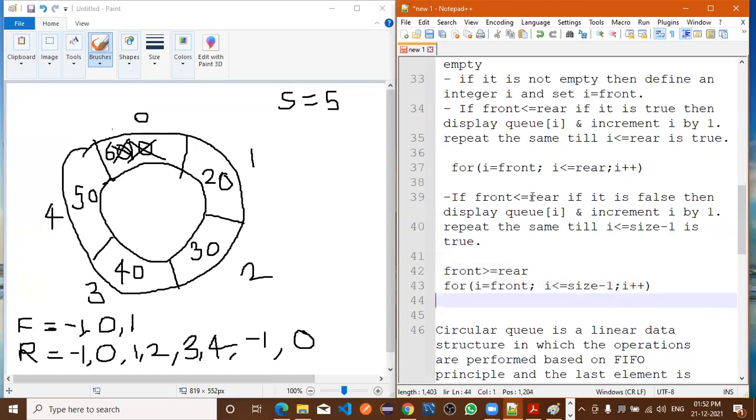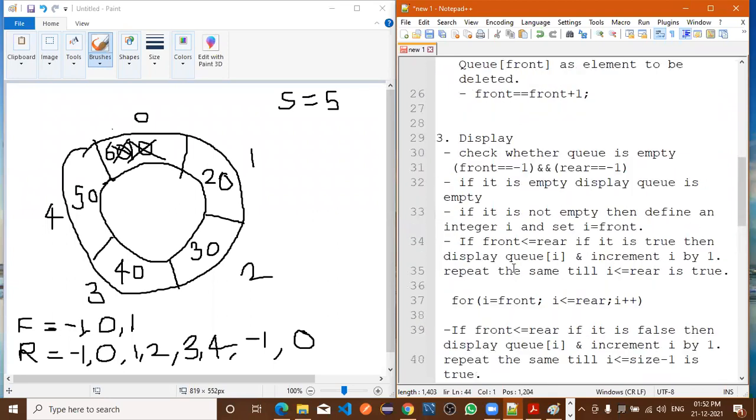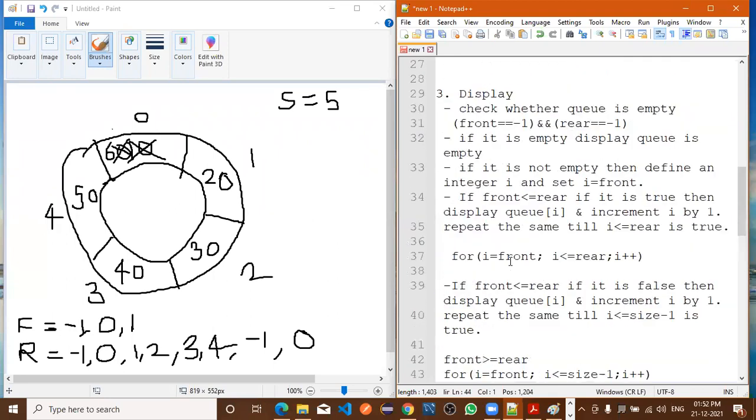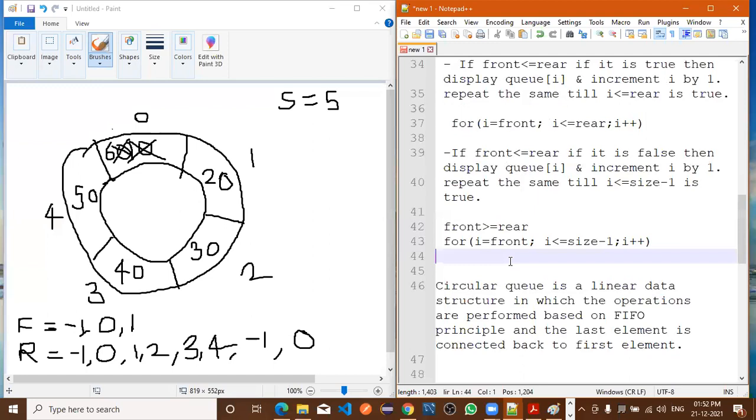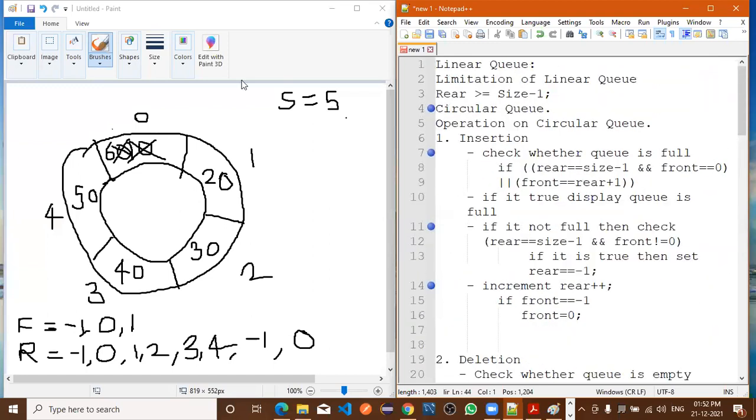Now at the time of implementation, we'll see how this display function will work. So these are the three operations. Is there any doubt up to this? These three operations we have discussed here for the circular queue. Implementation of the circular queue we will see in the next session or at the time of the practical session.